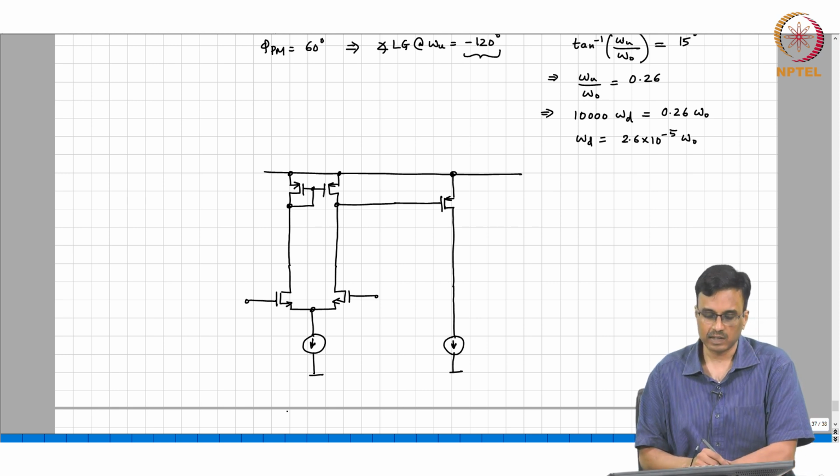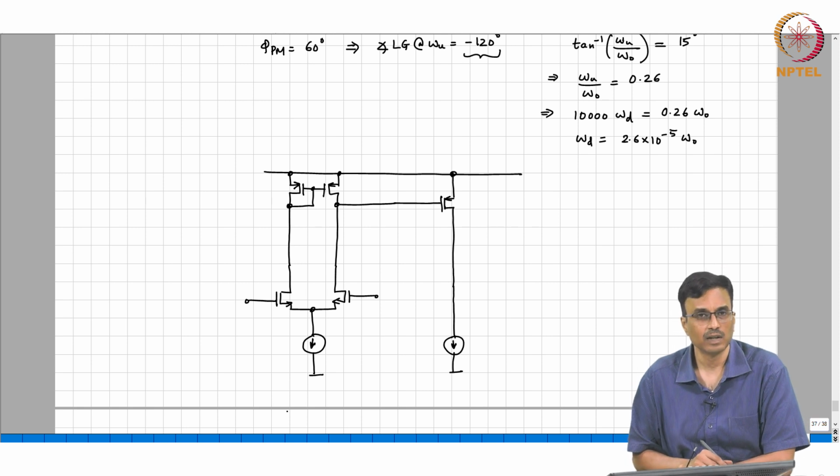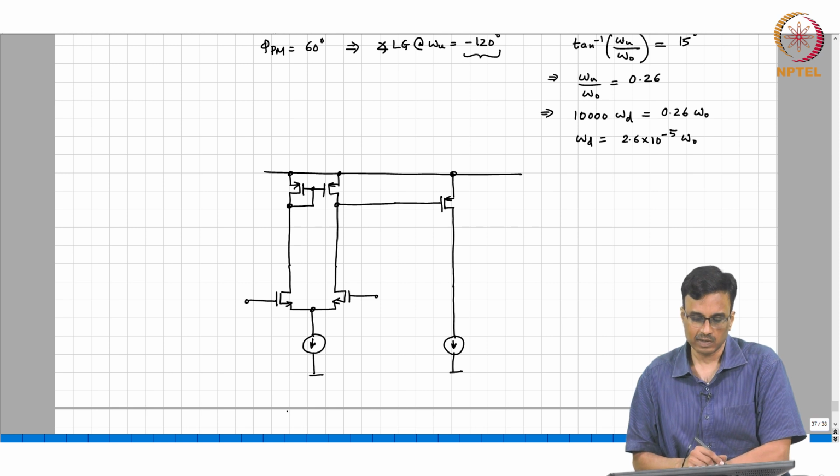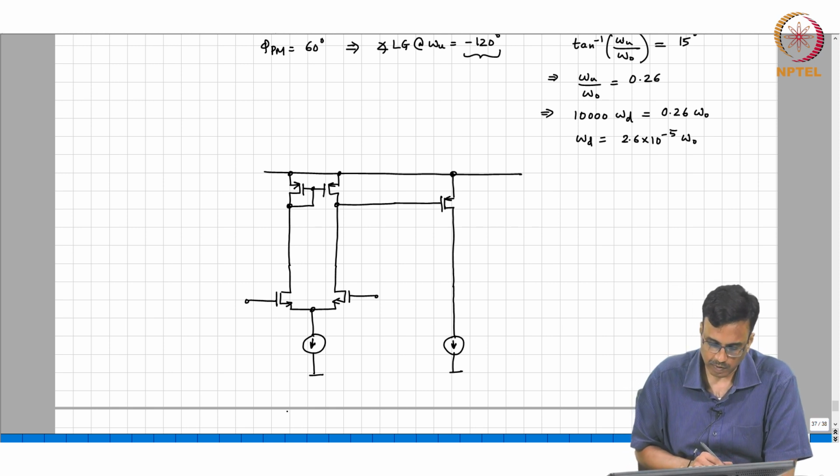And finally, all these current sources will be realized using MOS transistors, right. So, for the time being we just assume that they are ideal current sources,